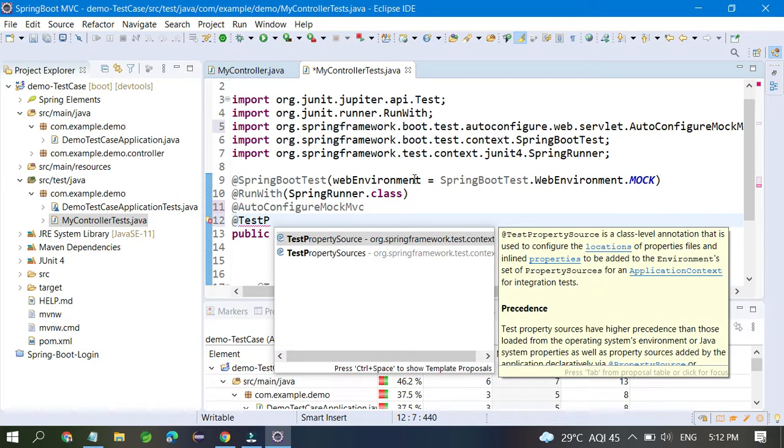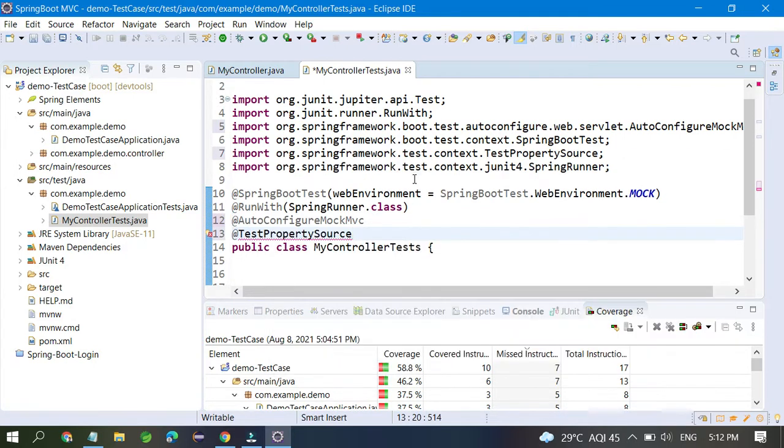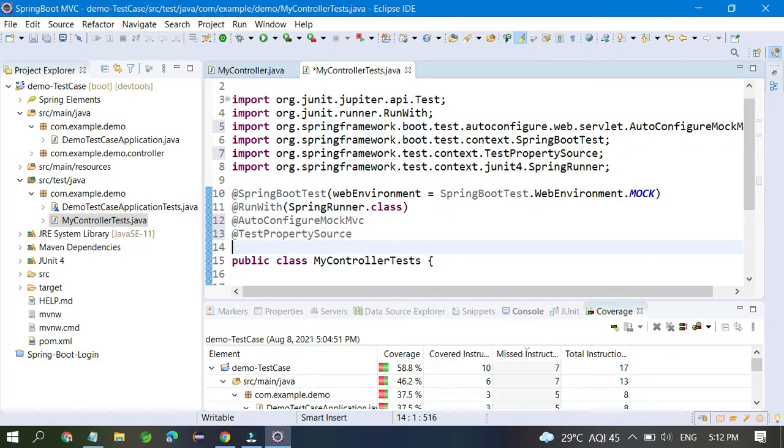Take this also, and you have to configure the location also. So location is like you give locations equal to classpath:application. If your file is application.yml, you give yml.